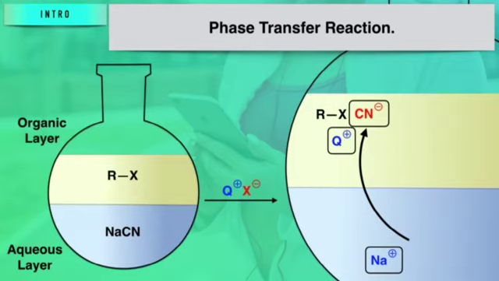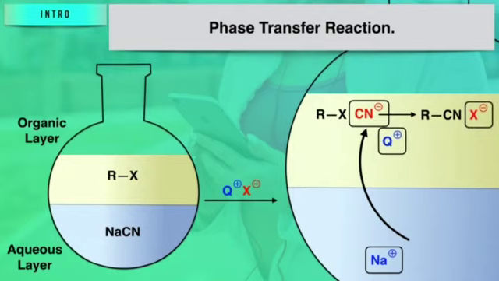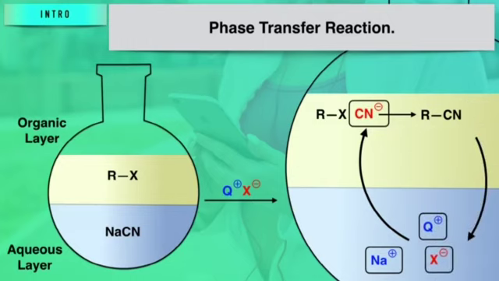Because of this, due to the presence of 1-bromooctane and cyanide ion in the same phase, a rapid reaction will occur, resulting in the formation of nonane nitrile. That nonane nitrile we are generally representing in this particular case as RCl. So that is the formation of nonane nitrile. Now, after the nonane nitrile has been formed, definitely a halide ion will be liberated, right? Then this halide ion is transferred to the aqueous layer as Q plus X minus. So that will be transferred into the aqueous layer.